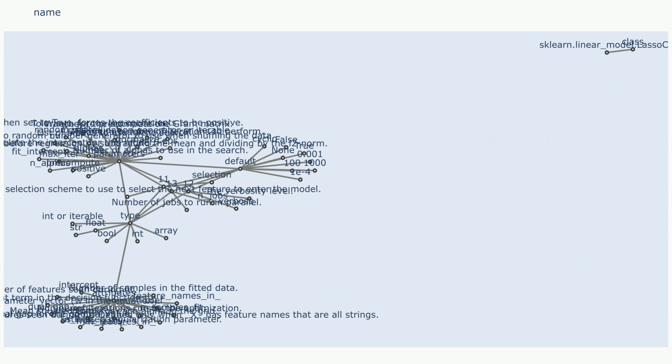Create LassoCV model with cross-validation: lasso_cv = LassoCV(cv=5, random_state=42). Fit the model: lasso_cv.fit(X_train, y_train). Make predictions on the test set: y_pred = lasso_cv.predict(X_test). Evaluate the model: print(f"Optimal alpha: {lasso_cv.alpha_}"), print(f"R2 score: {lasso_cv.score(